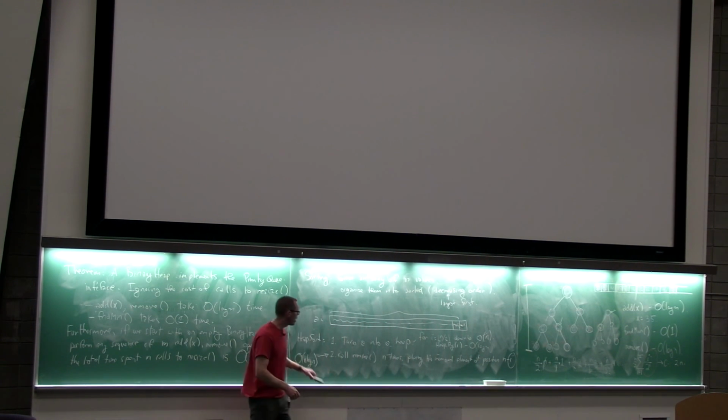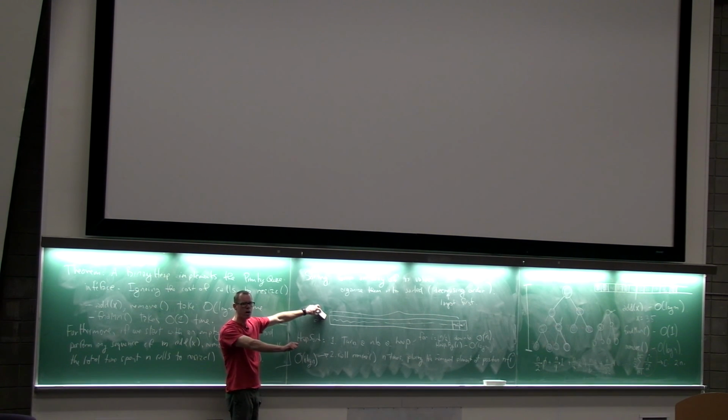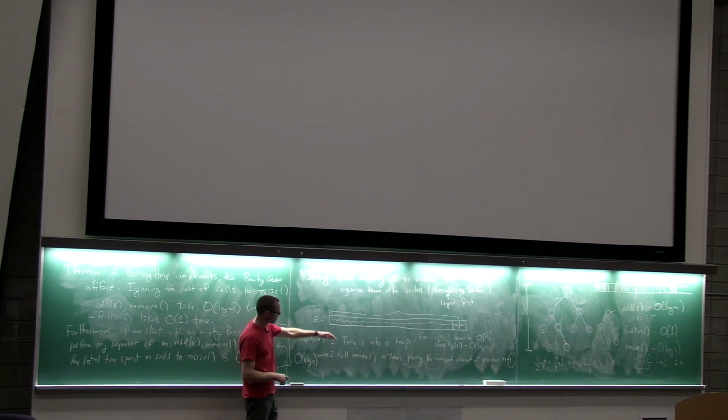So we can take an array, turn it into a heap in linear time, and then all we do is remove elements from the heap. That's the slower part of the algorithm that takes n log n time. So this is actually a negligible part of the running time. This is the part that